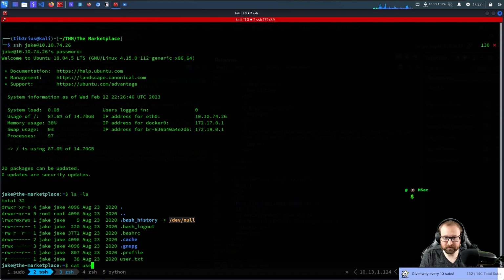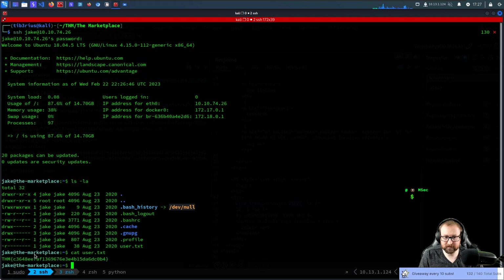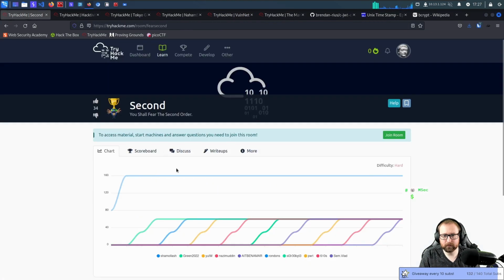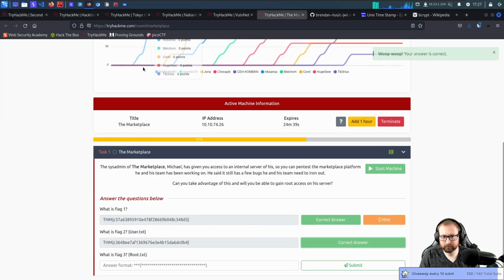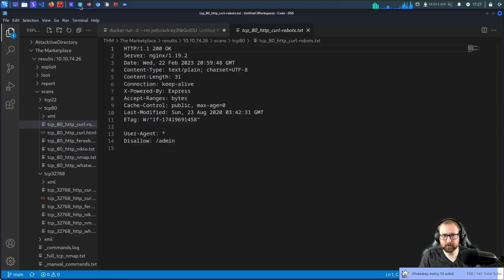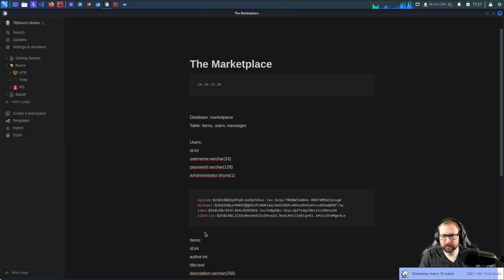Alright, so we can cat user.txt. Bash history has gone to /dev/null, so that's fine. This is going to be user.txt. Alright, so we do know the password.